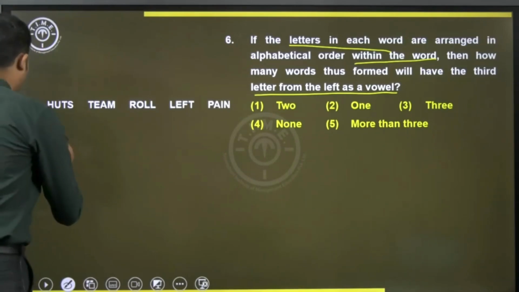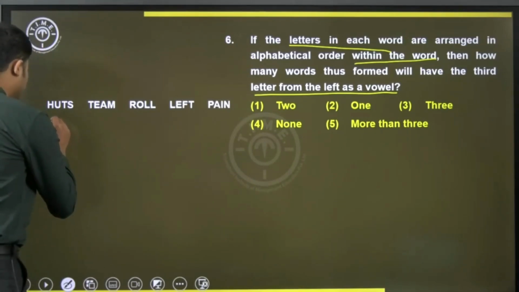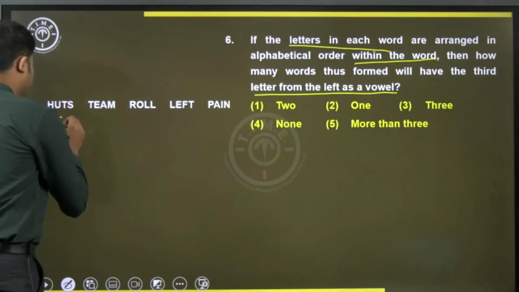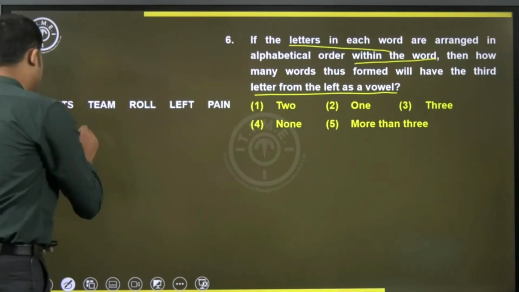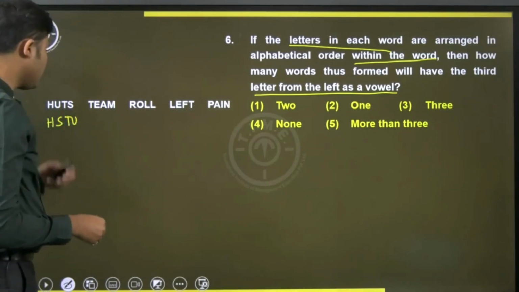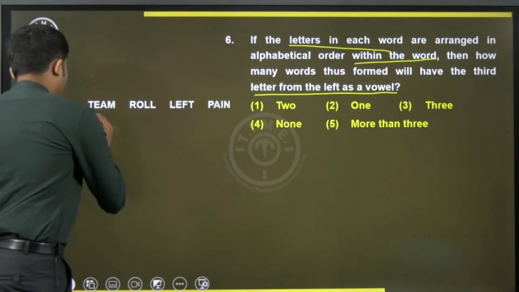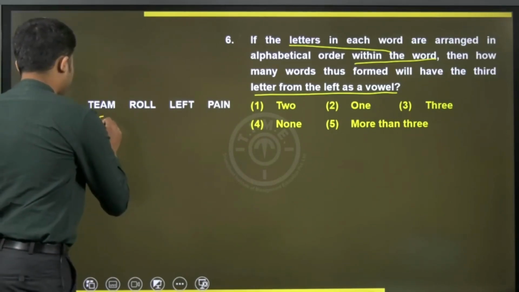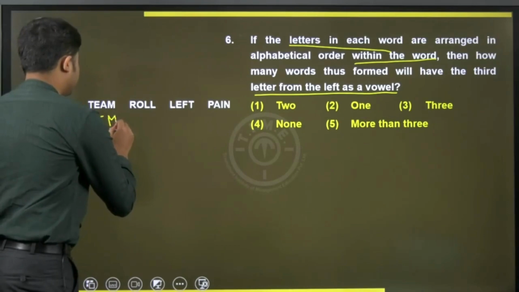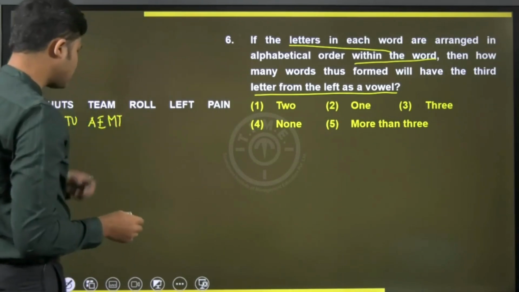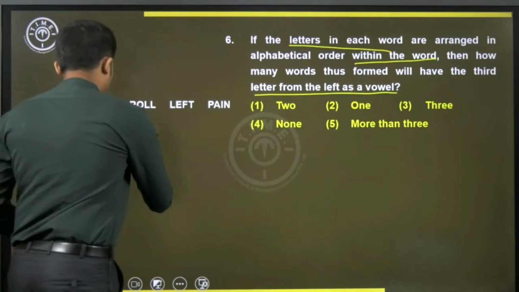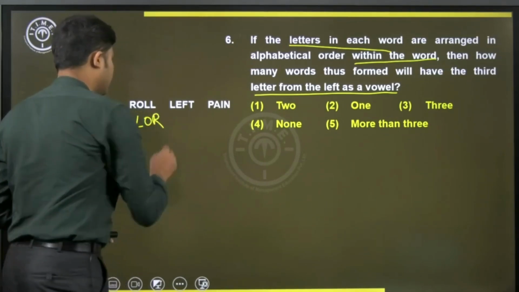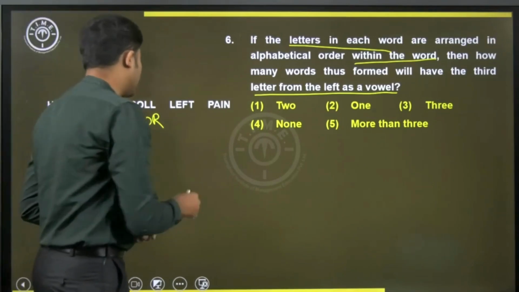So huts would become H, S, T, U, and team will be written as A, E, M, and T, and roll would be L, L, O, R,